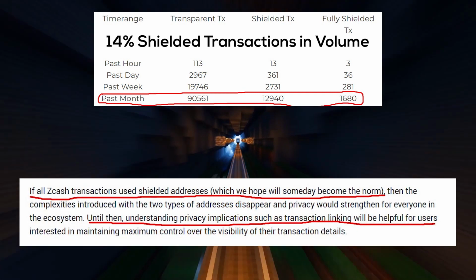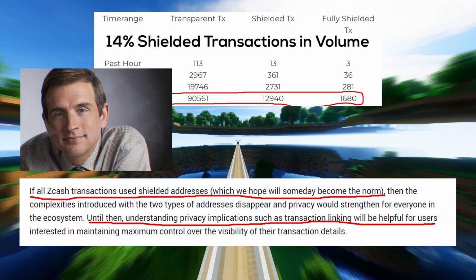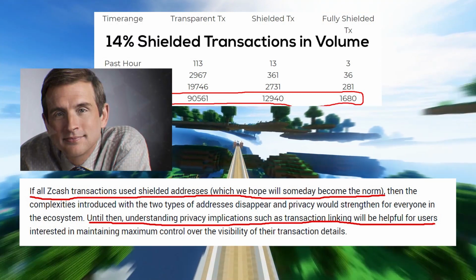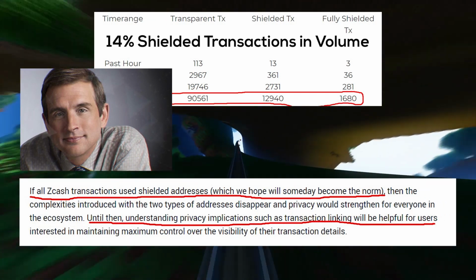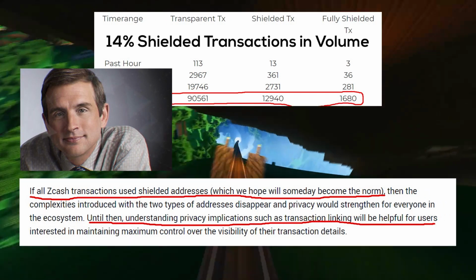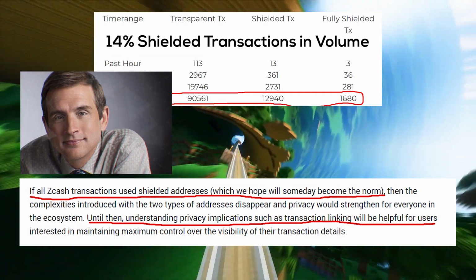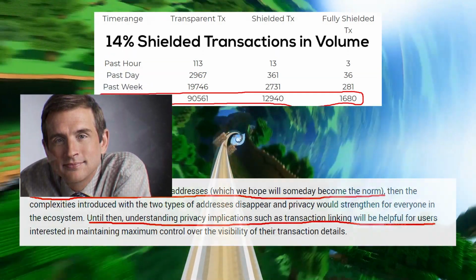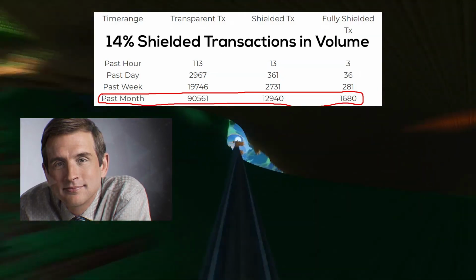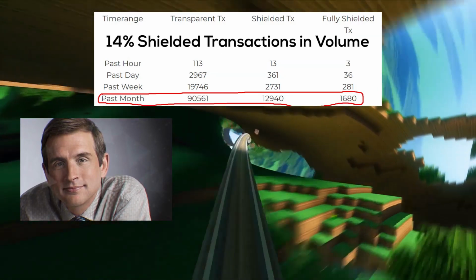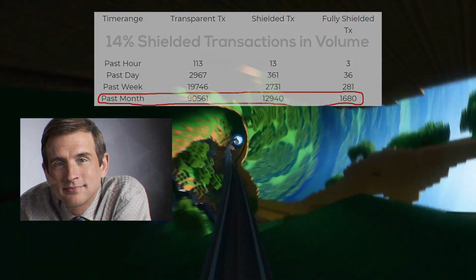Even the Zcash founder Zooko Wilcox acknowledges the need for shielded transactions to increase. Let me quote him real quick. In a podcast, he was asked if the shielded addresses could be deduced from the transparent addresses, in the same way you can solve a Sudoku puzzle by solving the missing pieces with the pieces you are given. To that, he replies, "Yeah, it kinda is.